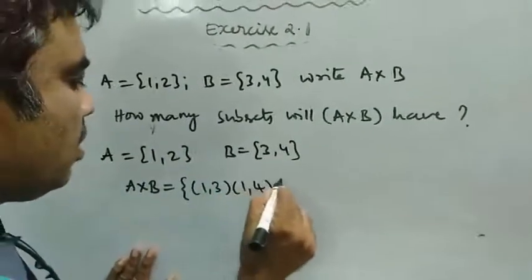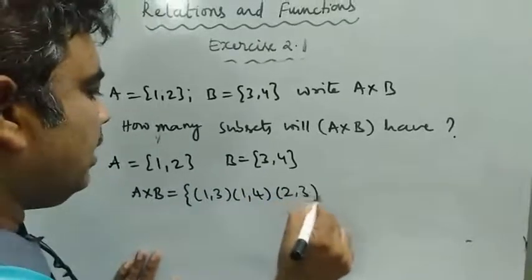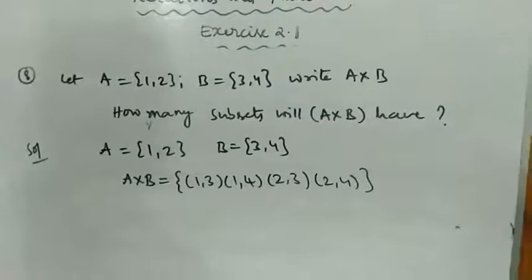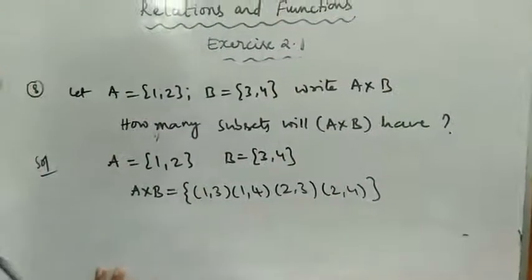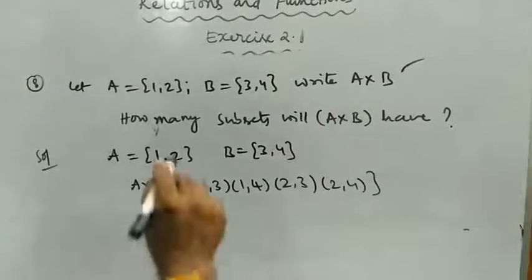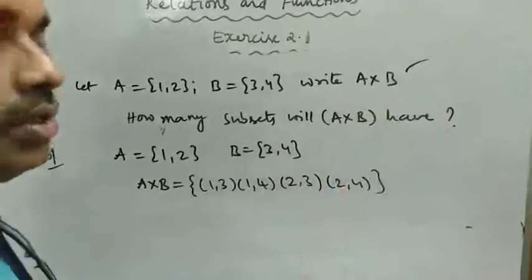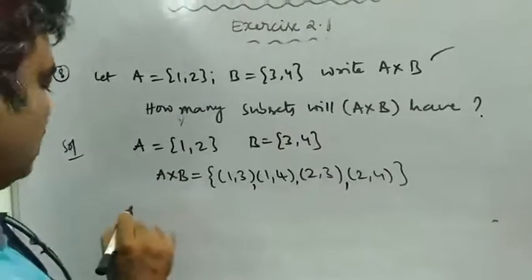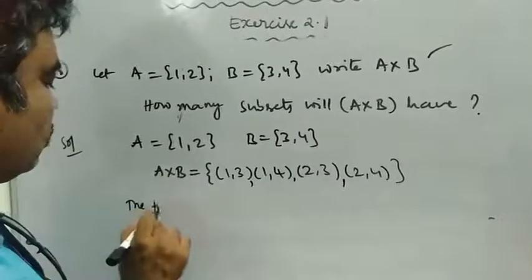(1, 3), (1, 4), (2, 3), (2, 4). So the set A cross B contains 4 elements. This is A cross B, and we also have to write how many subsets A cross B will have. Since there are 4 elements in A cross B, the total number of subsets